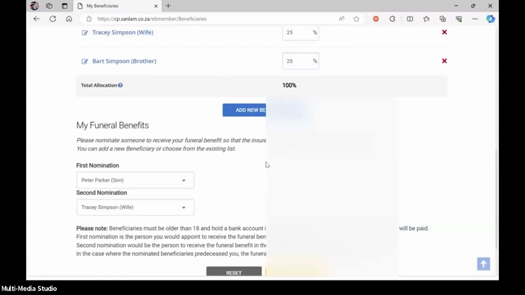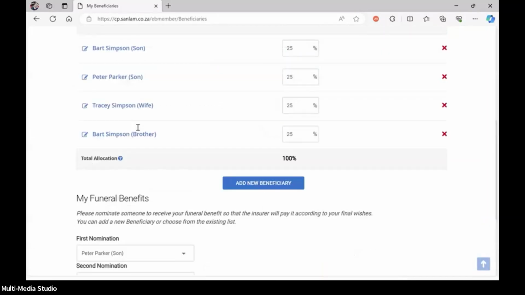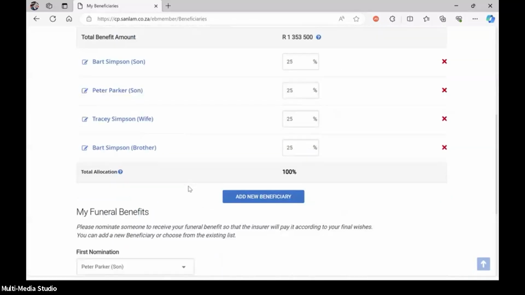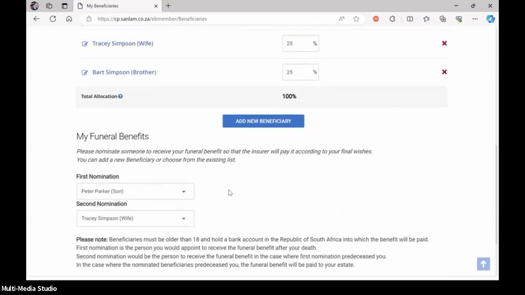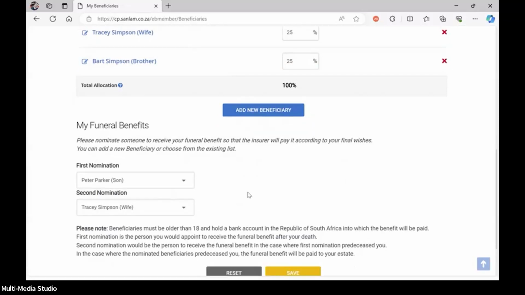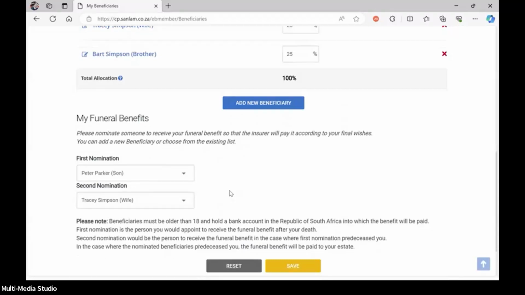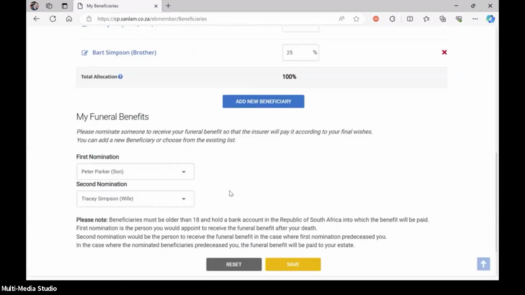Just before I save this, you may have noted on the screen that below the normal beneficiaries for the Provident Fund Group Life benefit, we also indicate beneficiaries for the funeral benefit. This legislation has been around, I think we've implemented it since around October 2021, where you need to nominate a beneficiary to receive your funeral benefit. This is very important because essentially a funeral benefit is there to provide for a funeral in times of bereavement,